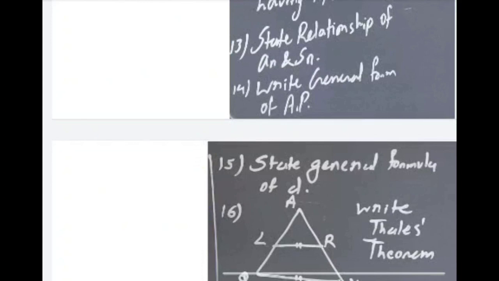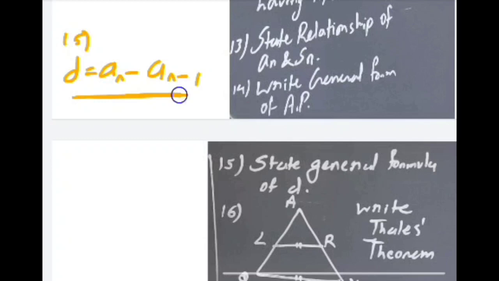State general formula of d. So general formula for the d, that is common difference. Okay, so d will be, you can write an minus an minus 1. So you write it like this, a2 minus a1, then a3 minus a2. So that general form is an minus an minus 1. Okay,